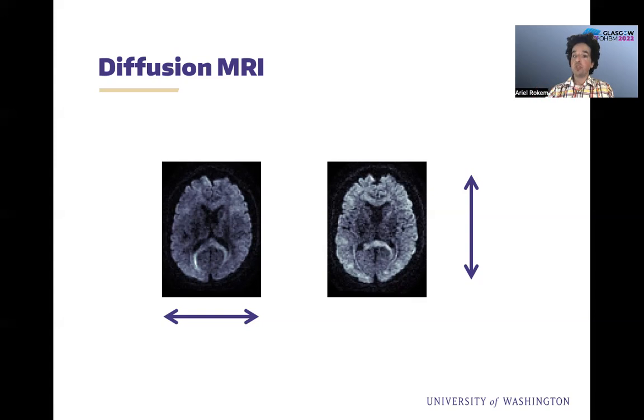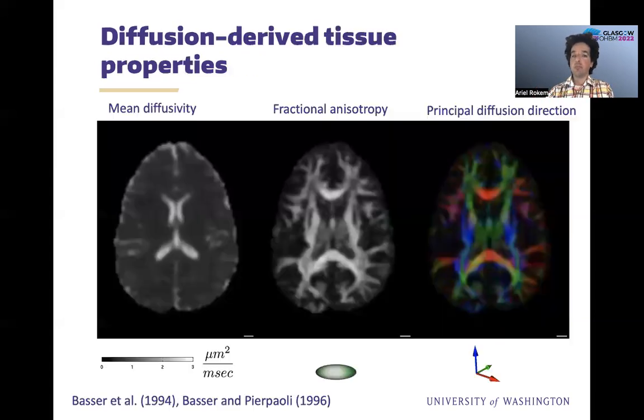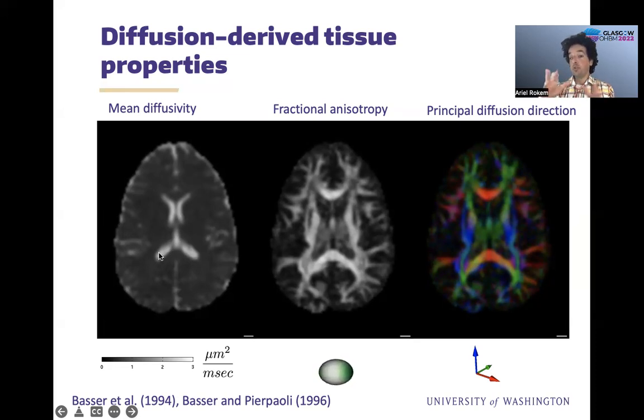And we can take those measurements that are done in different directions and combine them together in order to get estimates of diffusion properties or diffusion tissue properties inside the brain. For example, we can assess the mean diffusivity in every voxel. As you can see here, mean diffusivity is high inside of the ventricles in the center of the brain, where diffusion is not restricted by cell membranes or by other compartments. In the white matter and the gray matter, mean diffusivity is small, and that's because diffusion is restricted by the